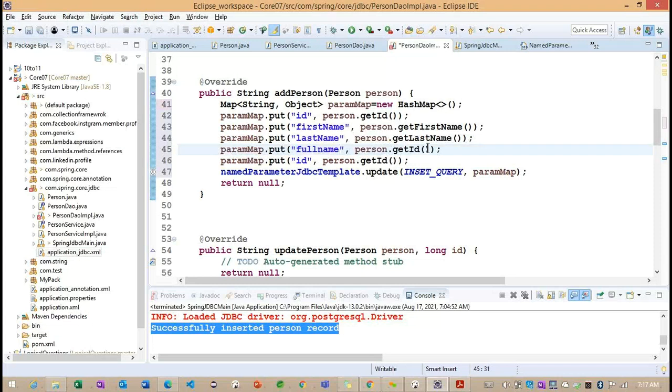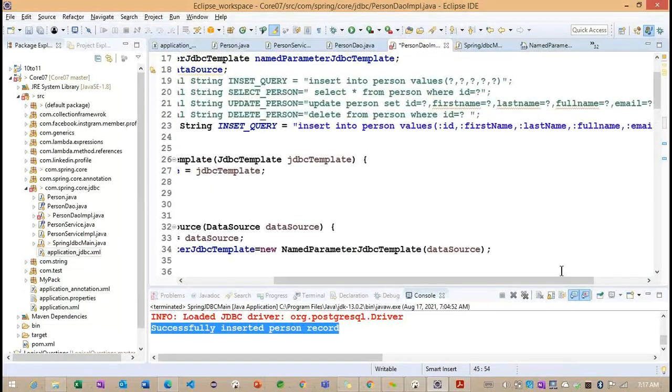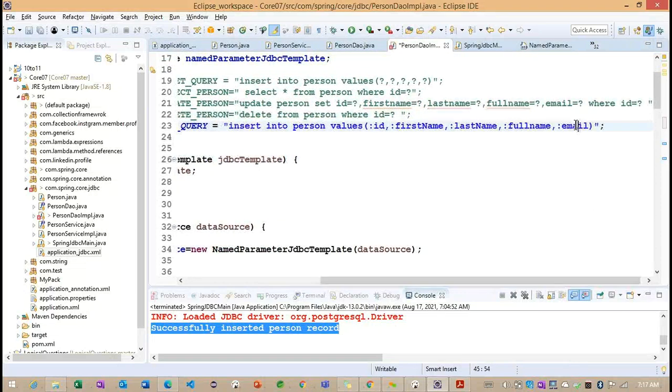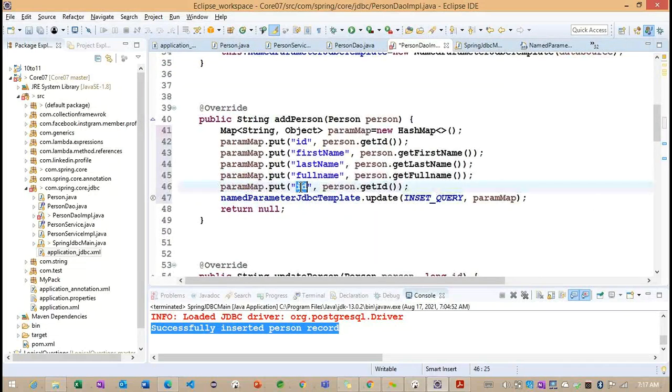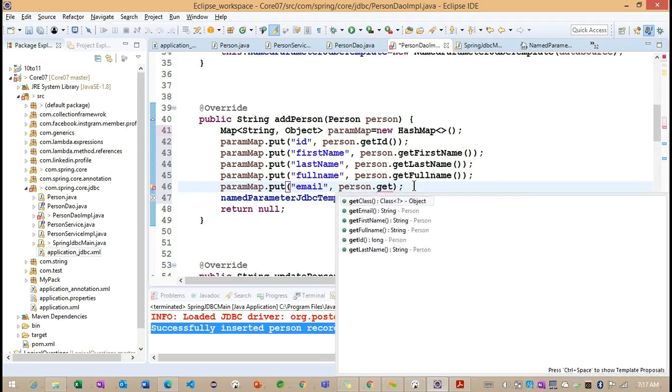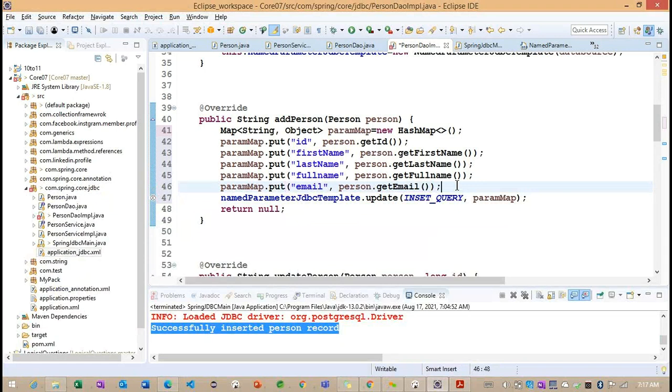And here we can provide full name, email. Okay, so these are the properties we need to provide here.